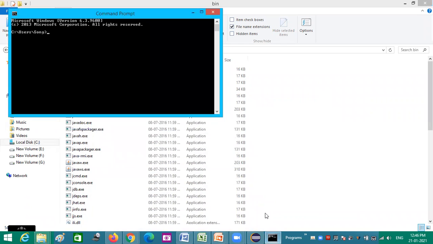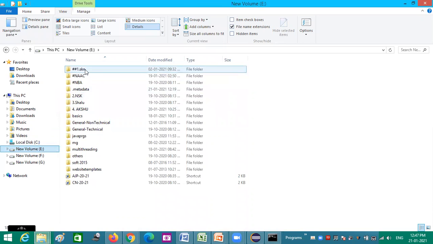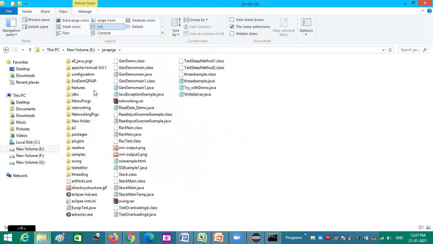In the command prompt, my program is in E drive, directly in the Java programs folder. I'm having a few Java programs already.